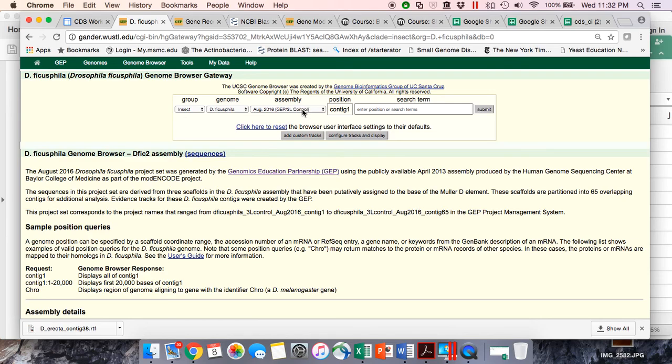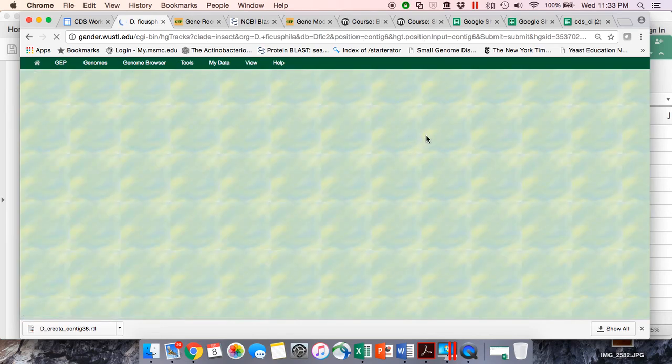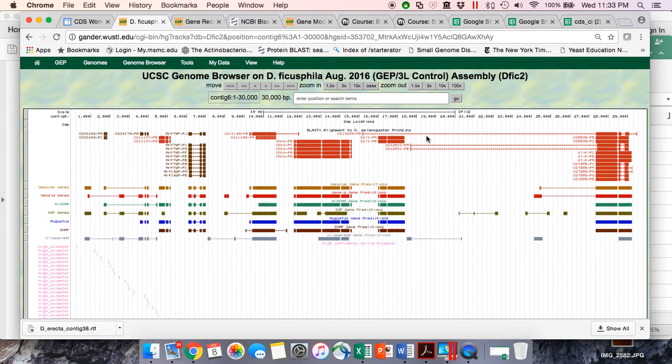So what this means is we're actually annotating part of chromosome 3 on Drosophila ficusphila, because for each of these new genomes, we need to annotate not just the dot chromosome, but the other parts of the chromosomes as well. So the L just means left, so it's the left arm of chromosome 3 from Drosophila ficusphila. So we're going to type in contig 6 here, and it's going to pull it up. You're going to see it's a little more complicated than